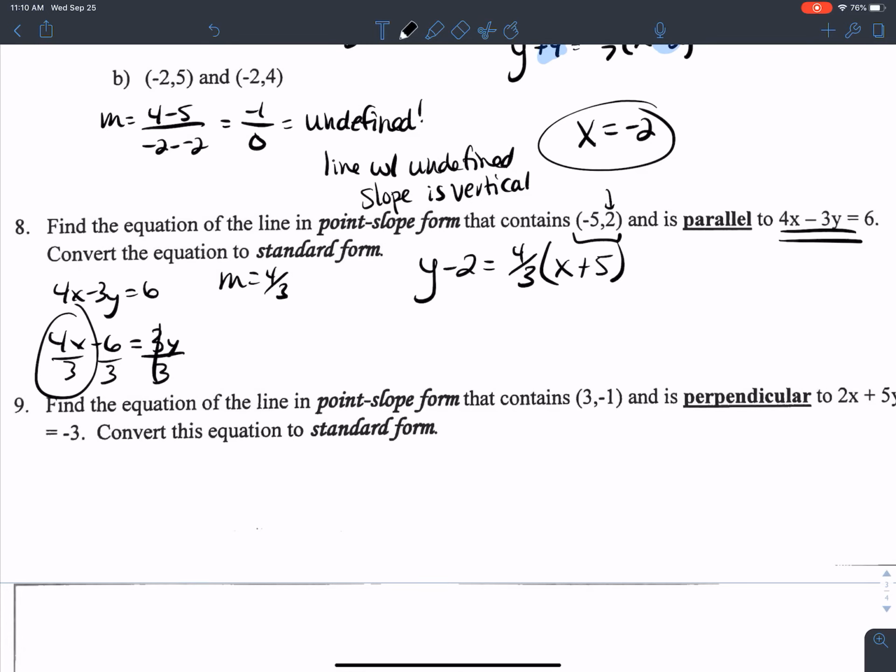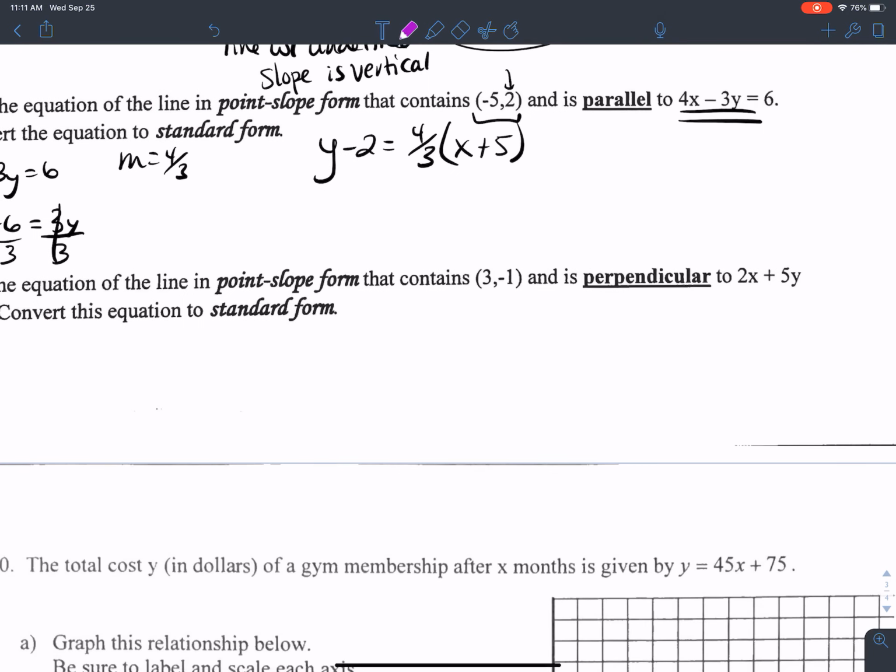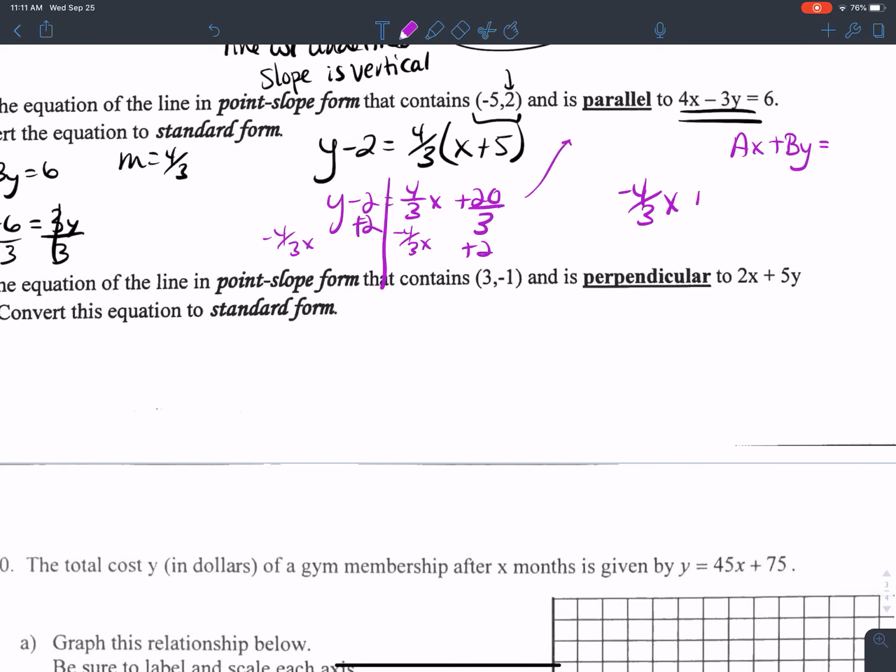So if we're going to convert that to standard form, we'd obviously need to distribute. And then start to isolate y. And then for standard form, I guess instead of isolating y, what I should say, standard form has x and y on the same side. So I was trying to get rid of this minus 2. So on both sides, I'm going to add 2. And I'm also going to subtract 4/3 from both sides right away. So we have negative 4/3 of x plus y is equal to, and I'm going to convert 2 to 6/3,